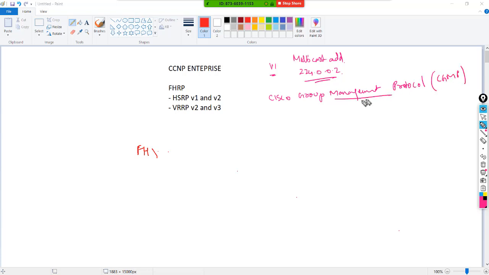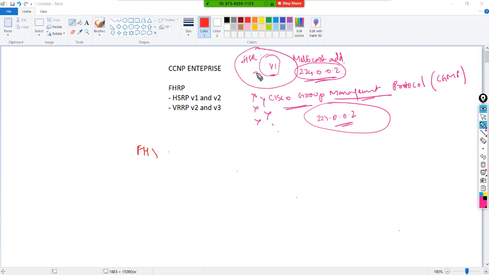CGMP. Okay, now let's say when you have HSRP version 1 enabled, this protocol cannot be functional. Now that's something related to a technical fault. Okay, it's not that we have done this because of our network design or something. That's a glitch while launching this protocol. They have not taken the proper precaution, and because of that, this multicast address is overlapping with this protocol. So this protocol also has a similar multicast address. Now what happens is, if you are running HSRP version 1, this protocol will not work.